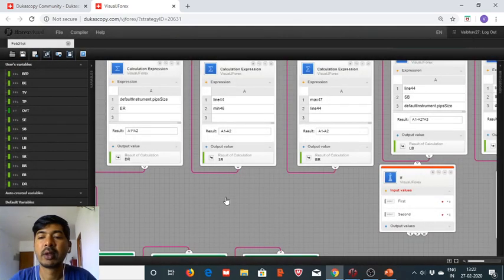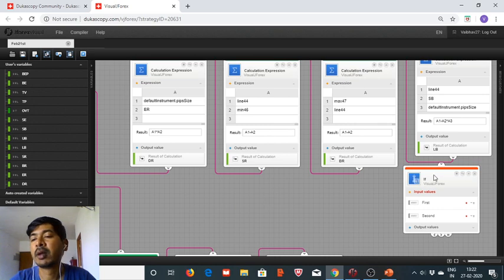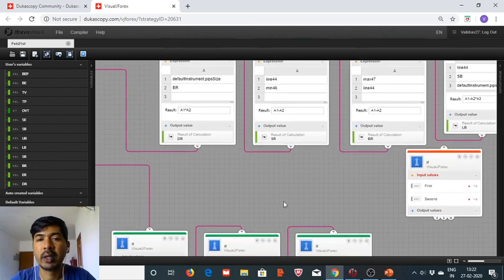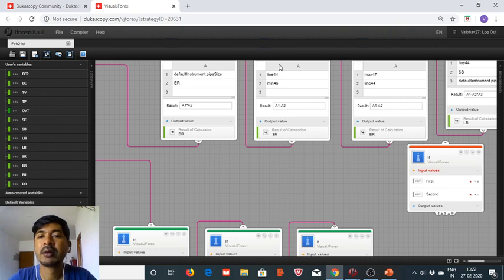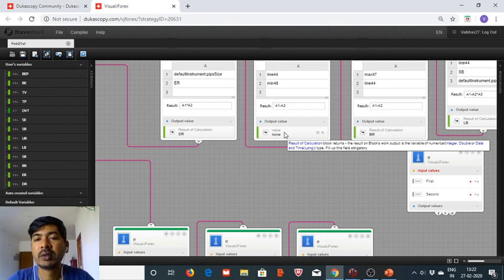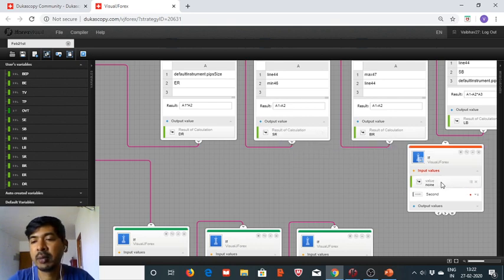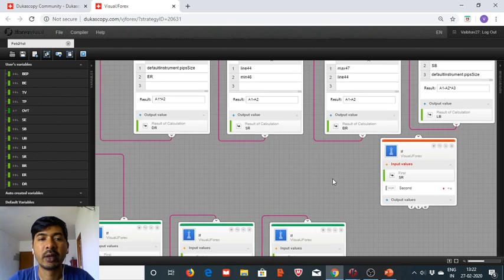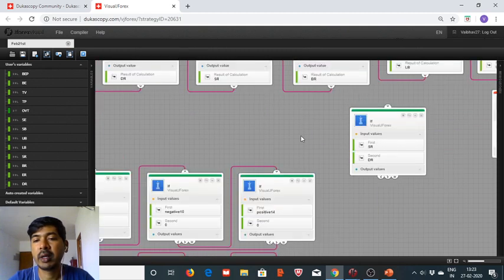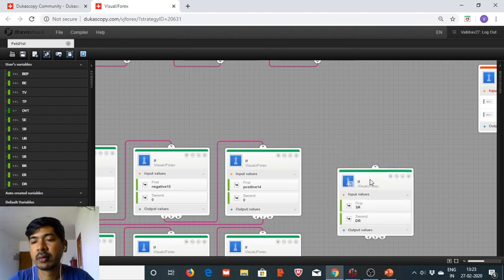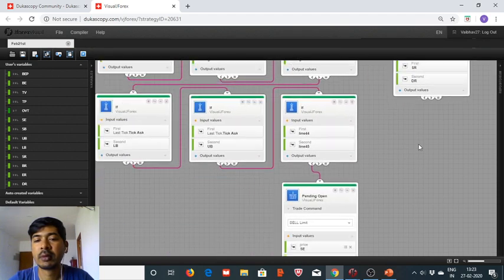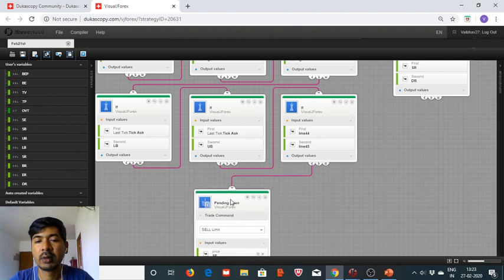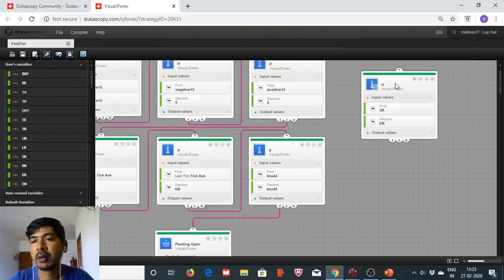Let's save it, and now we bring in the A block, and in A block we will put in line 44 minus minima, and this difference should be of 30 pips. So we bring in not 30 pips, 25 pips. So we bring in DR here, and the SR should be greater than DR. So we here bring in